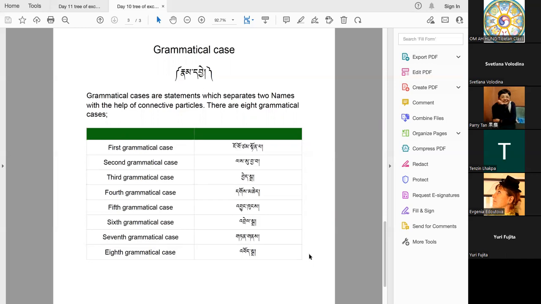So grammatical cases are statements, sentences, particularly different usage cases actually, which separate 2 names with the help of connective particles. So most of the time it's 2 names. So it's a plural. Normally we don't use plural here,